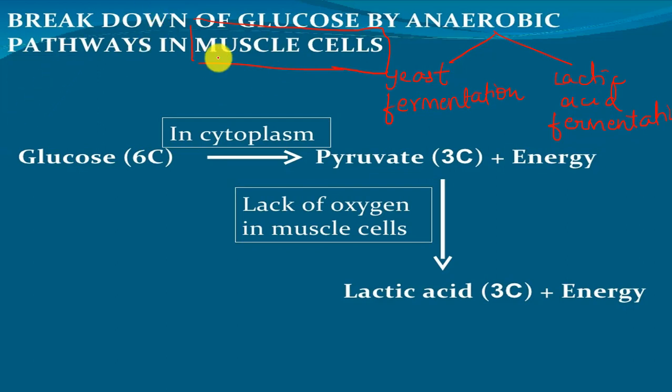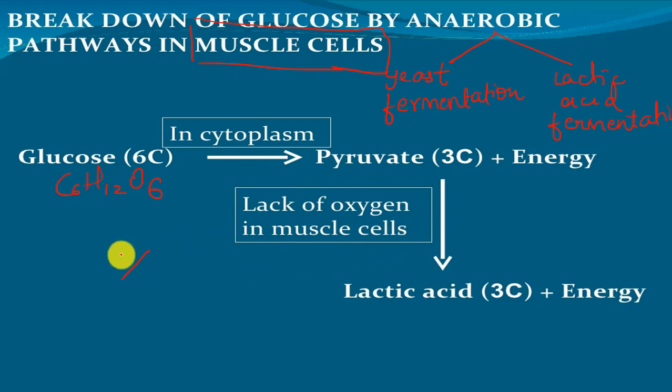Now let's see what happens in muscle cells. Glucose, which is again a 6-carbon compound with the molecular formula C6H12O6, is broken down into pyruvate and energy is released. That is the same as what happens in aerobic respiration. But when this pyruvate